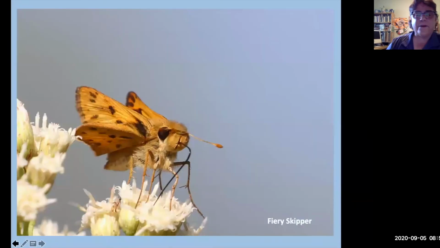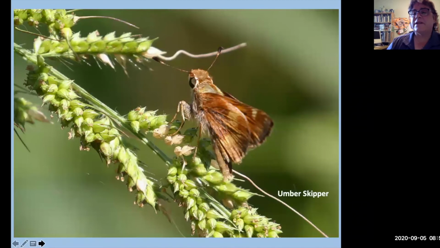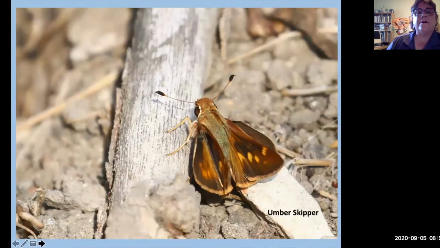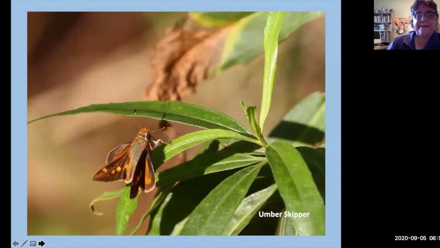That was, by the way, his proboscis. This is the tongue. It's stored rolled up in the mouth here. And then this is like a straw sucking up the pollen on the plants. This is an umber skipper, the second most abundant butterfly at Bixby right now. And this again, barnyard grass and another umber. I guess I like them.